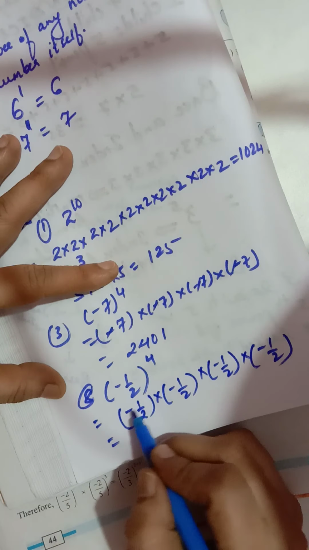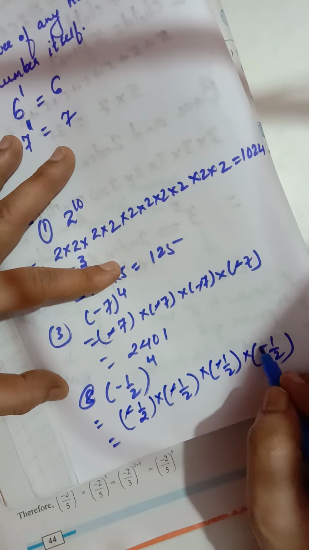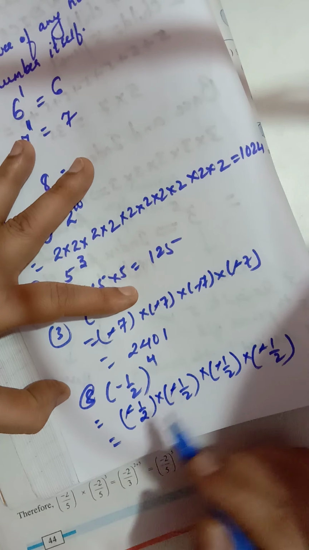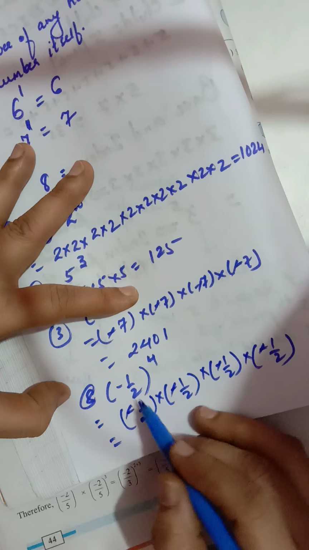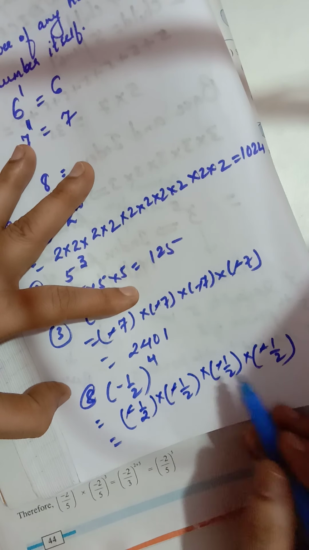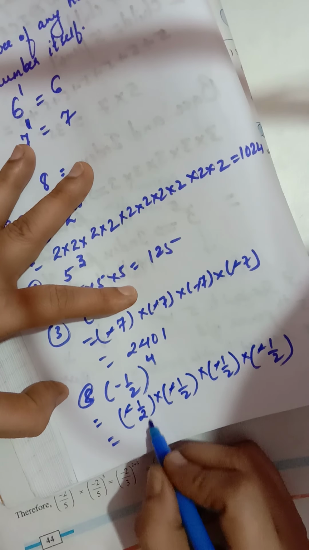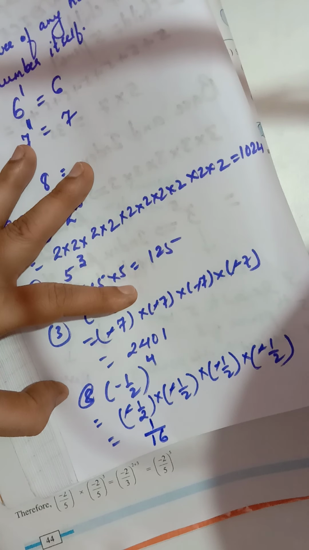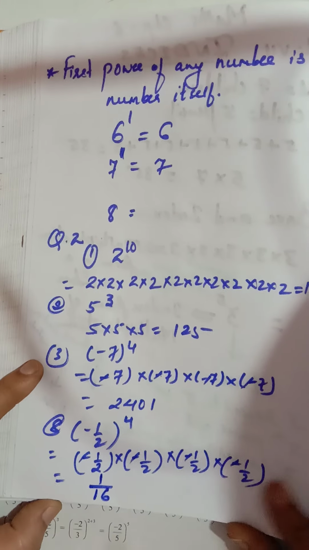Now here see, children, minus minus plus, minus minus plus. So you can just cancel out the minus sign. Now see, children, multiplication of numerator and denominator is done separately. Whenever you have this fraction form or rational number, you multiply numerator with numerator, denominator with denominator. So 1 into 1 into 1 into 1 is 1, upon 2 2s are 4, 4 2s are 8, 8 2s are 16. So your answer is 1 upon 16. Clear? So you are going to solve this exercise in your classwork book and complete it.